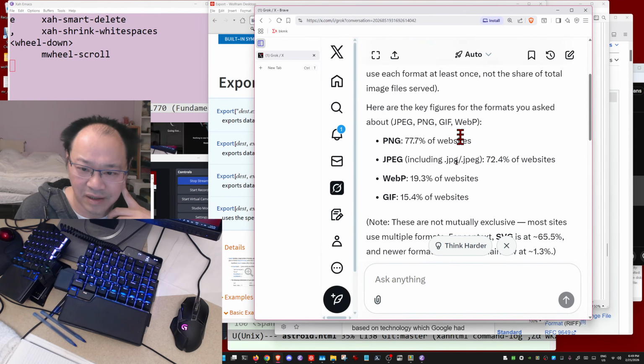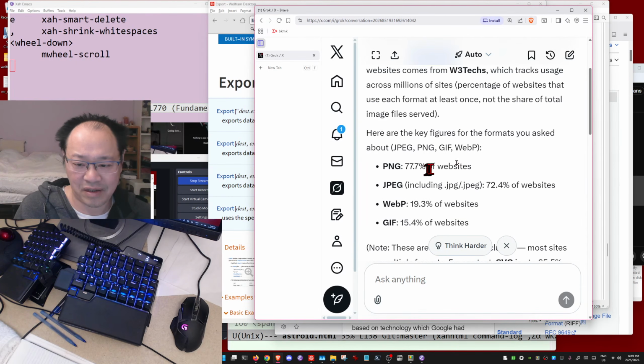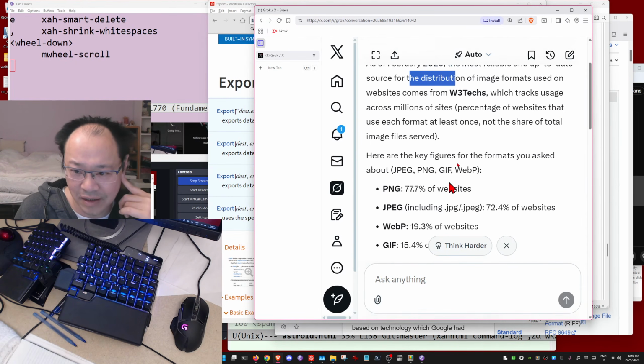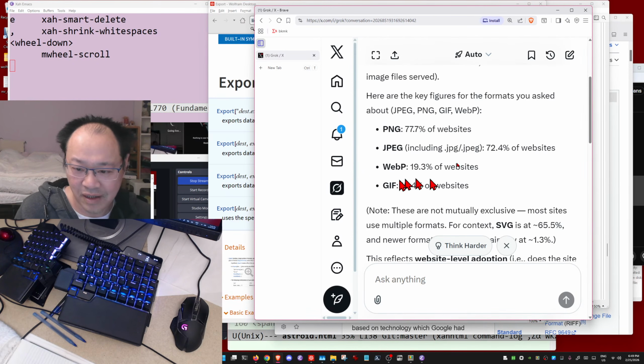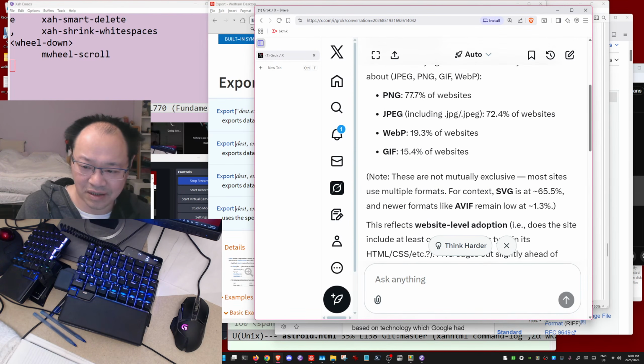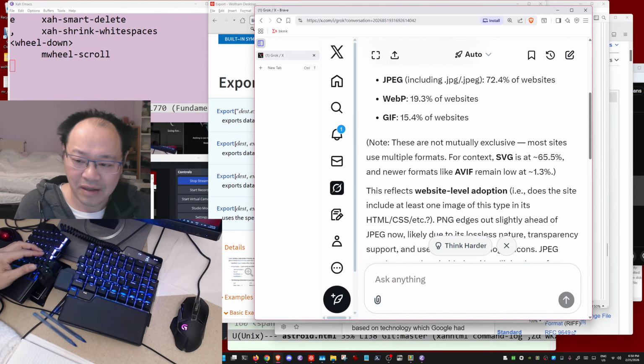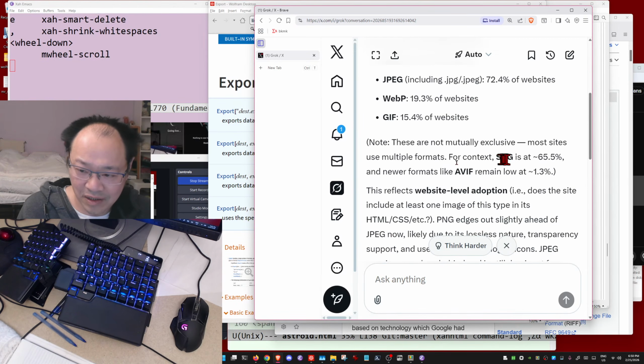What? JPEG is 72%. I think JPEG is much more popular than PNG. But PNG is 70%? What? This is interesting. This needs further research. Okay, and WebP is 20% of websites. Wow, that's amazing. Very interesting statistics. Anyway, what I'm telling you guys is